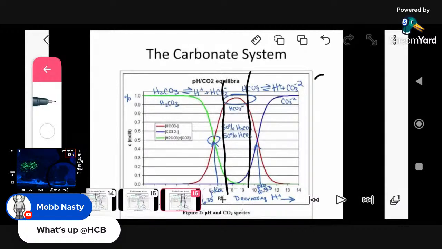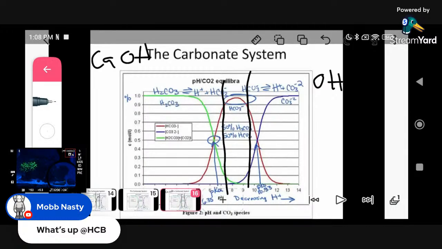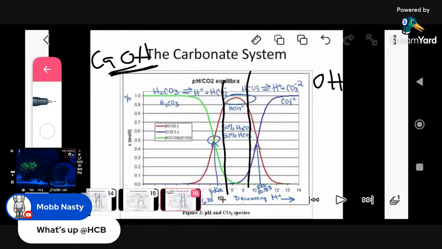What's the easiest way to increase pH? The easiest way to increase pH is to add a hydroxide, whether you add calcium hydroxide. That's calcium hydroxide, or Kalkwasser. Or you could add sodium hydroxide. It doesn't even really matter at this point. Sodium hydroxide, potassium hydroxide. I think there might be a 2 right here somewhere. I'm not sure. Double check that. Double check and balance the equation, you guys.